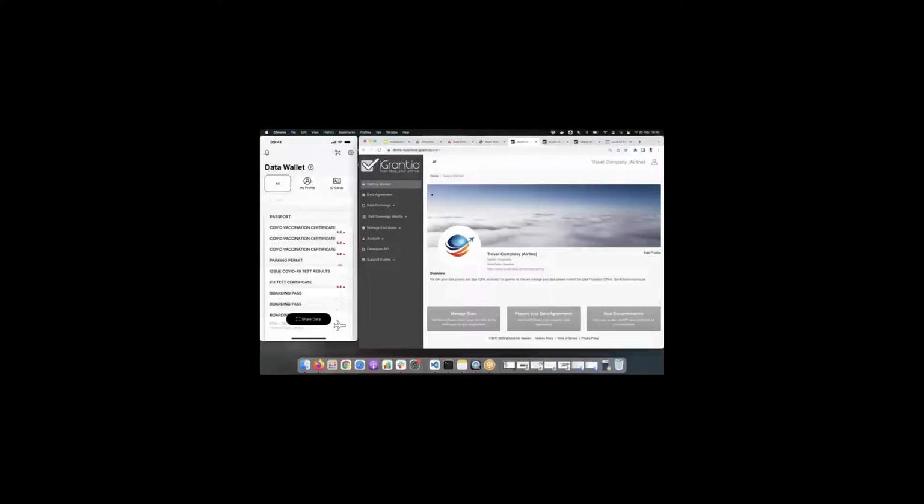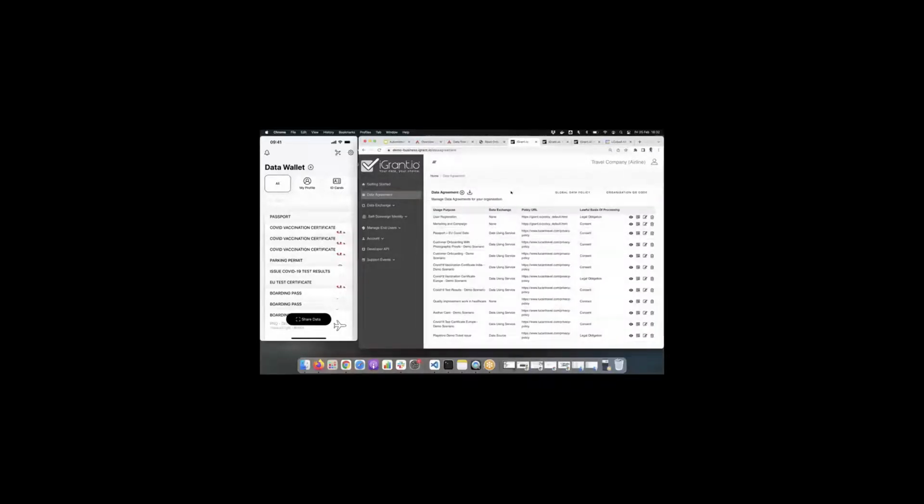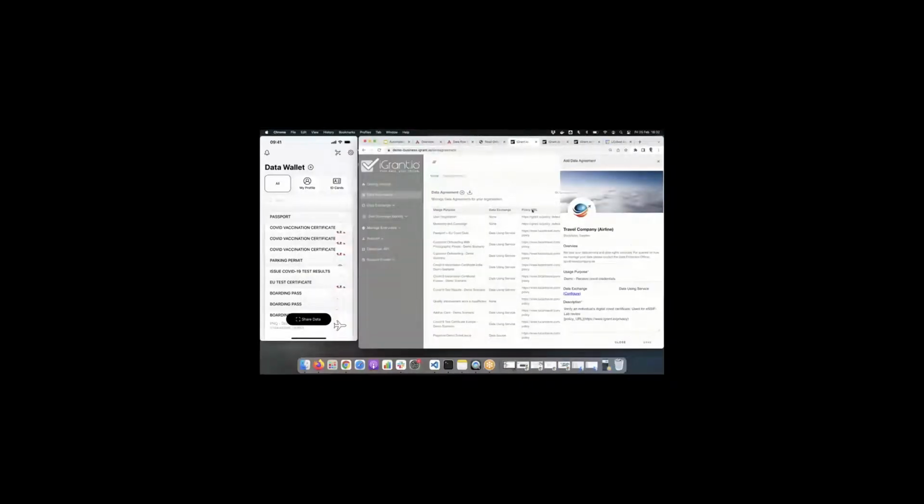The screen I have now is the iGrant.io enterprise dashboard. In here, there's a travel company, which is an airline company that has onboarded itself. Let me go to the data agreement portal, where I can connect directly to the DPIA results, or I can upload the JSON file that has been downloaded from the Verifier tool based on the risk assessment carried out. As you can see, the data agreement is now populated into the data agreement forms. All I need to do is to provide a version number. Let me give a hypothetical version number here.